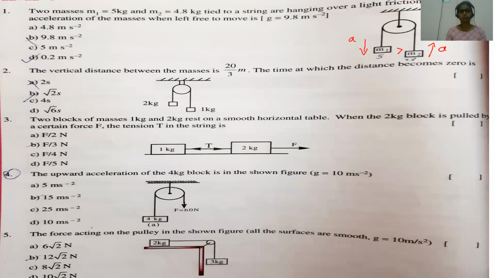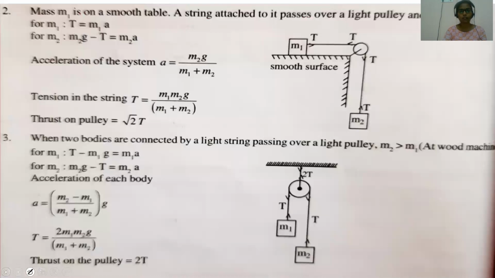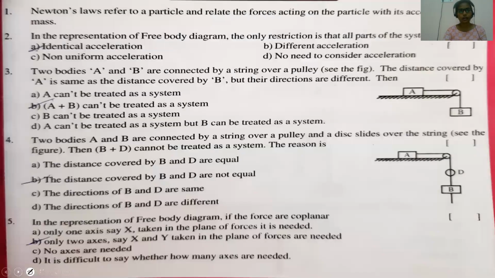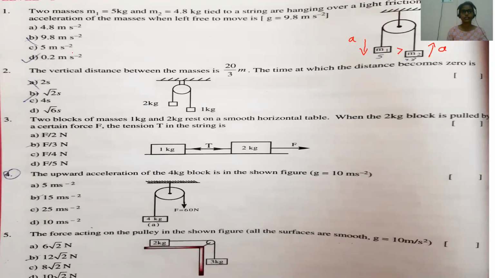In that condition, which formula are we going to use? Let us quickly see that formula list, children. This is a pulley, that is outward motion. You can observe here the outward motion formula. If the two masses M1 and M2 are connected like this, and M2 is greater, the formula is M2 minus M1 divided by M1 plus M2. But in our problem, they gave M1 as greater, so I have to reverse that. That's all.